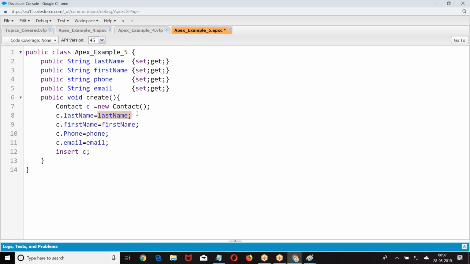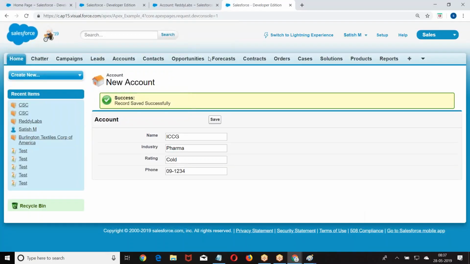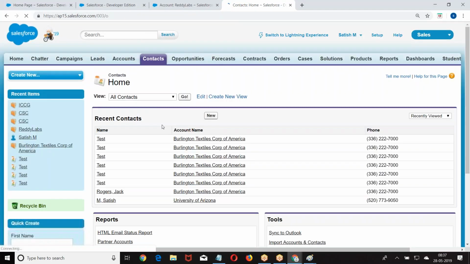It may be any reason, but I want to find out whether the record is a success or failure. There is a possibility that the record may fail when I try to insert the data into the database. Every record we insert in the contact, will it be successful? I went to contacts.